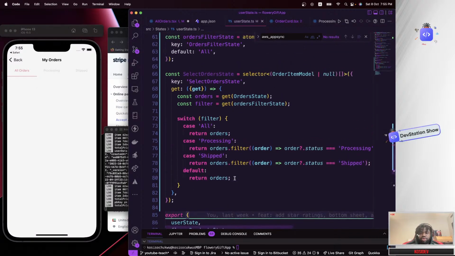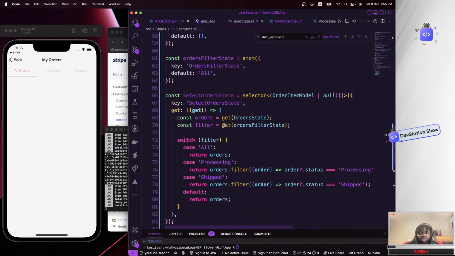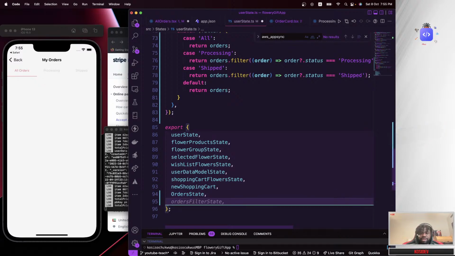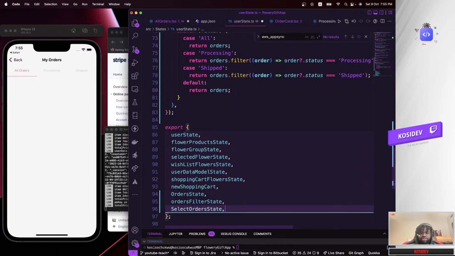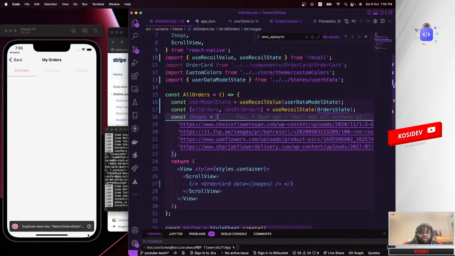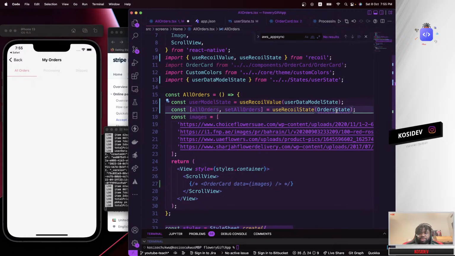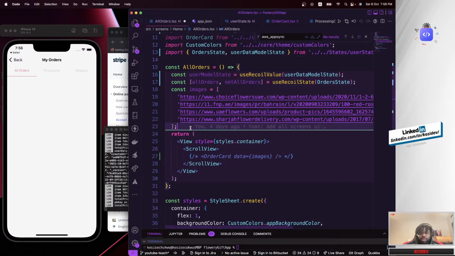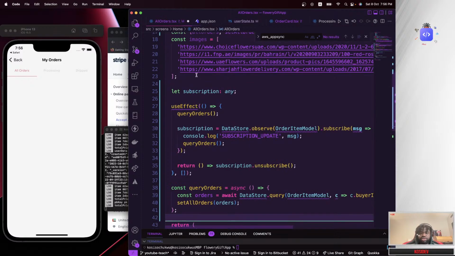Yeah. What else? So right now I need to be able to put this out there in here. So I'm going to say export order state, export filter state, and export selected order state. So you save all these three and head over to the all orders, and then you can just import this order state. As it's been found, you see the error goes away. And next, what we need to do, I need to copy some code over, and we are going to paste it right here, and I'm going to explain what we are doing.